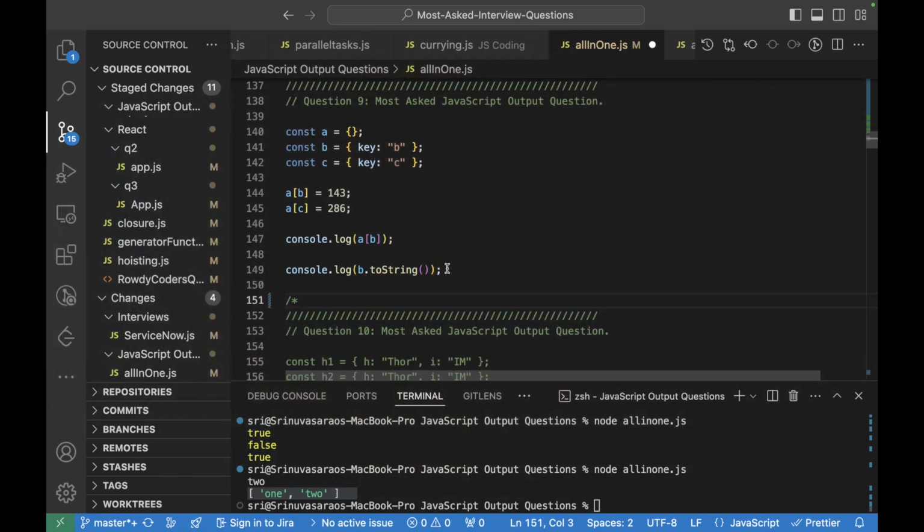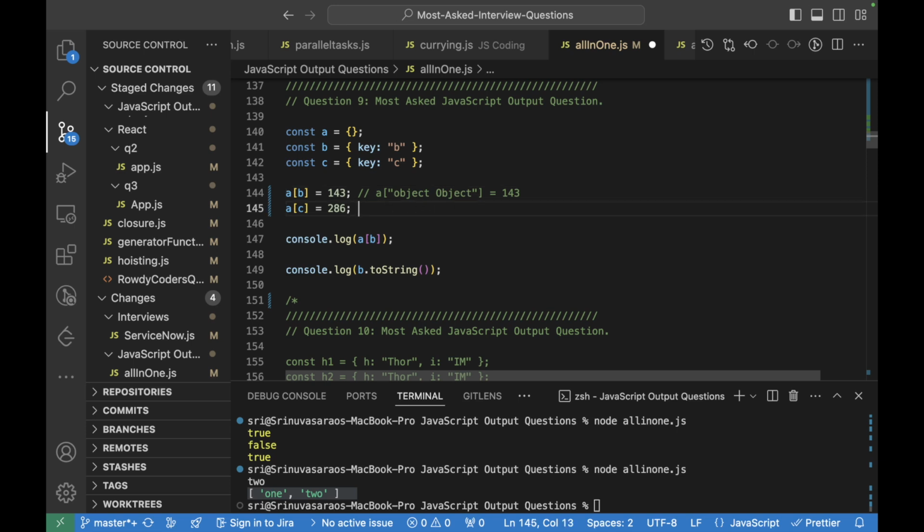So here we have this snippet where these three are objects, and here we are assigning a of b to 143. What exactly happens here is that b is nothing but an object, so b will be converted to "[object Object]" and 143 will be assigned to that key.